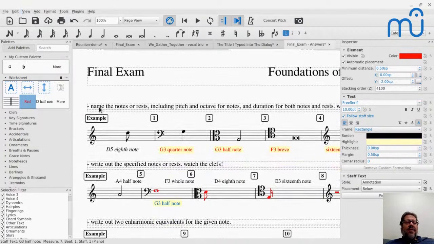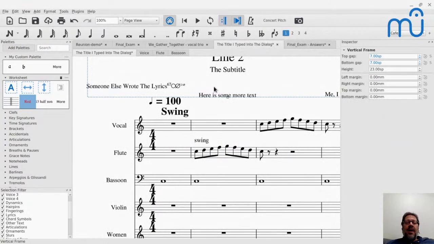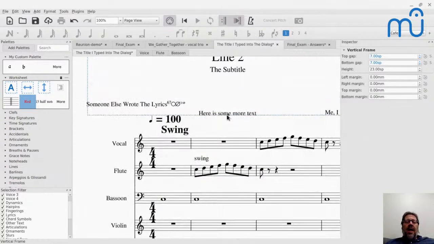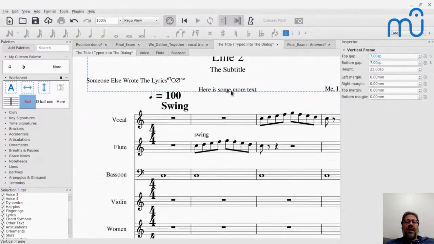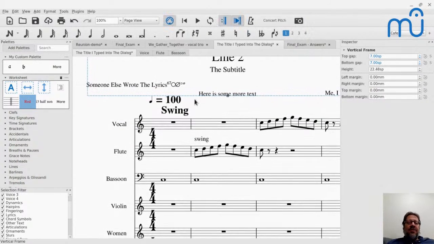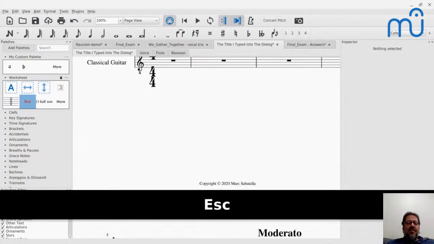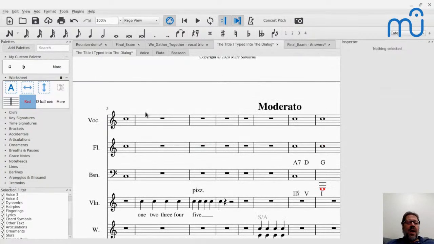I have frames here, and this is frame text. So for frames, these are the vertical frames, and the vertical frames you size yourself, right? You saw me do that here. I can size this thing. As of 3.6, there will be an option to automatically size vertical frames to accommodate what's in them. And so the distinction between a vertical frame and a text frame that I'm about to show you is kind of going to go away.